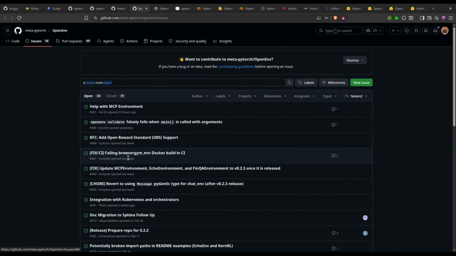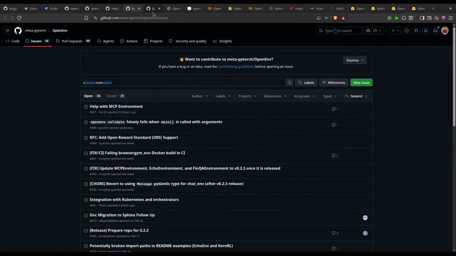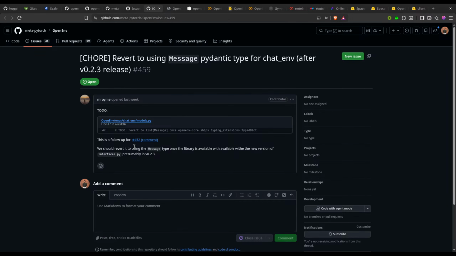Open reward system support. Failing build in CI. Update environment. Revert to using message type from chat env. I think this is the issue. We should revert it to using the message type once the library is available with the new version of inference.py. This is the follow-up comment.